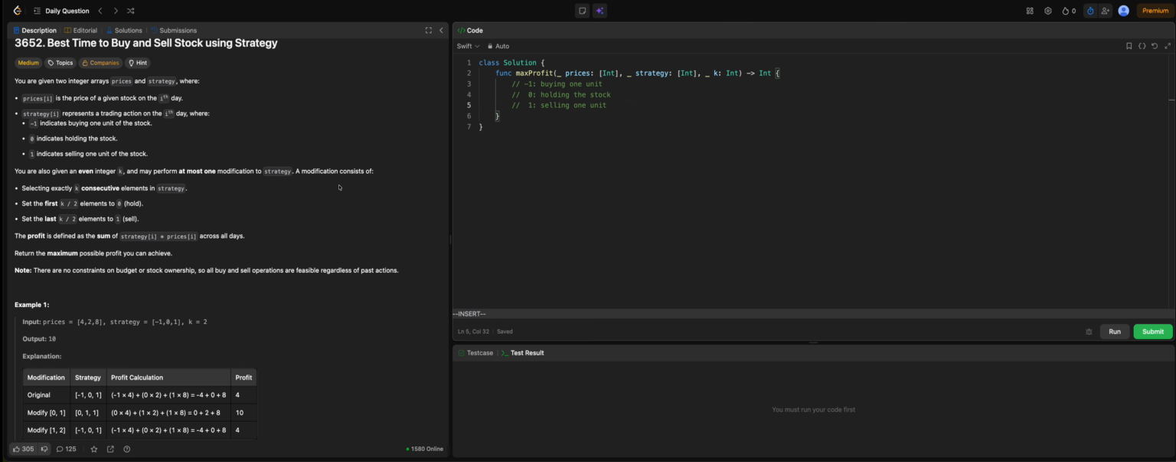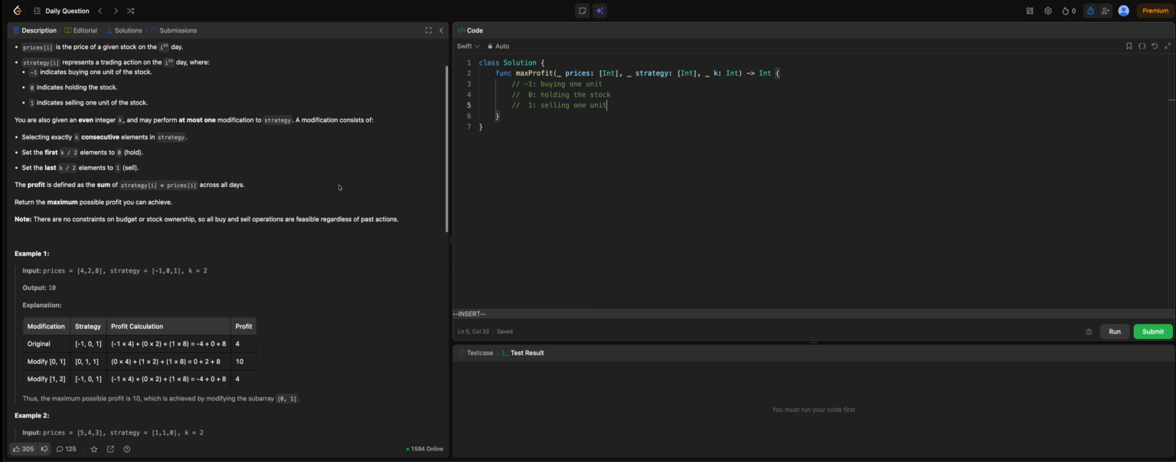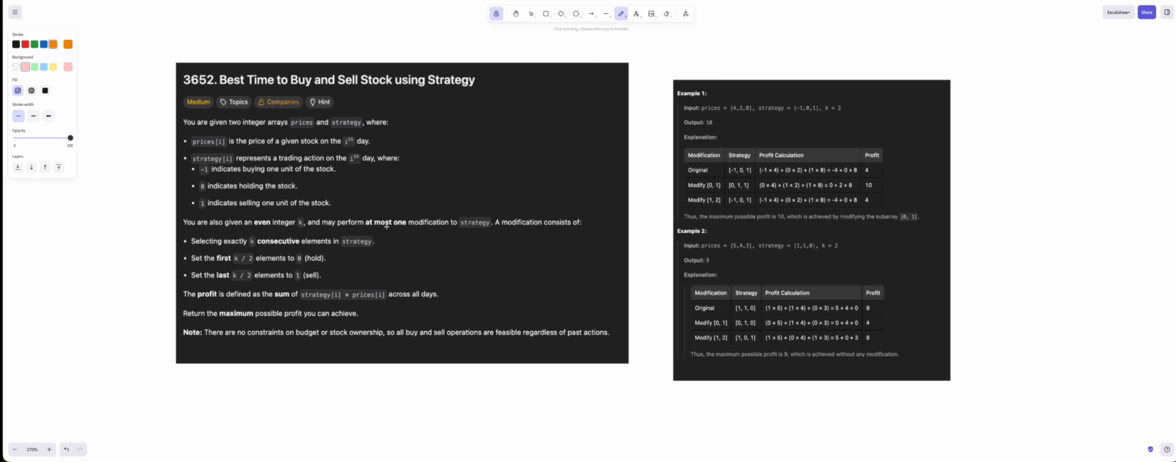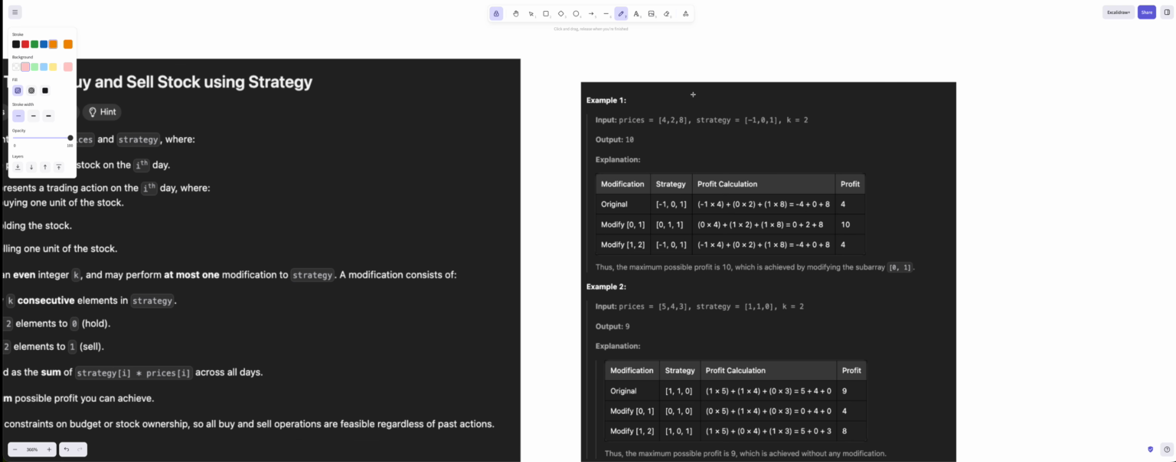And then the profit is defined as the sum of the strategy multiplied by price across all days. We have to return the maximum possible profit that we can achieve. So there is no constraint on budget or stock ownership, so we can do buy and sell operations as feasible regardless of the past action. So if we go through the example given here,